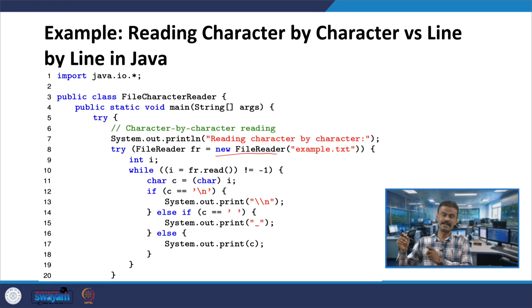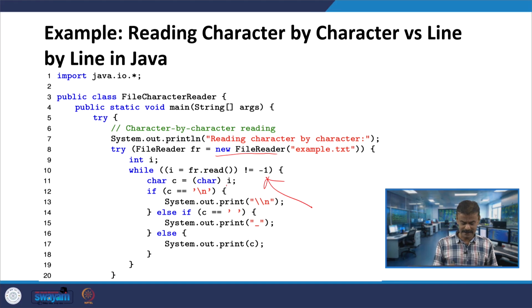If it is reaching the end of the file, then it is a null character. In Java it is assigned to -1, right. You can't use anything else, even -2 does not work. In Java, by inbuilt design, they have used -1. So, that means you are at the end of the file, it is equal to -1, so the while loop will not be executed, you have to terminate, right. So, that is the termination case. Otherwise, the rest of them are clear.